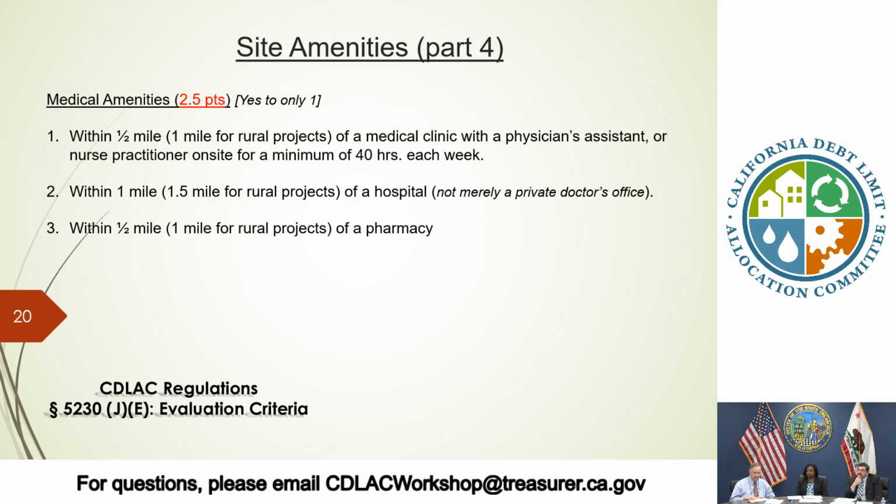The pharmacies, normally we've accepted the fact that it's a Walgreens or CVS, a photograph of that particular site that is within the half mile or a mile of your rural projects. Those are the items that we have accepted in the past. When you're identifying a website and you're printing out that evidence and sending it along as evidence for your amenities